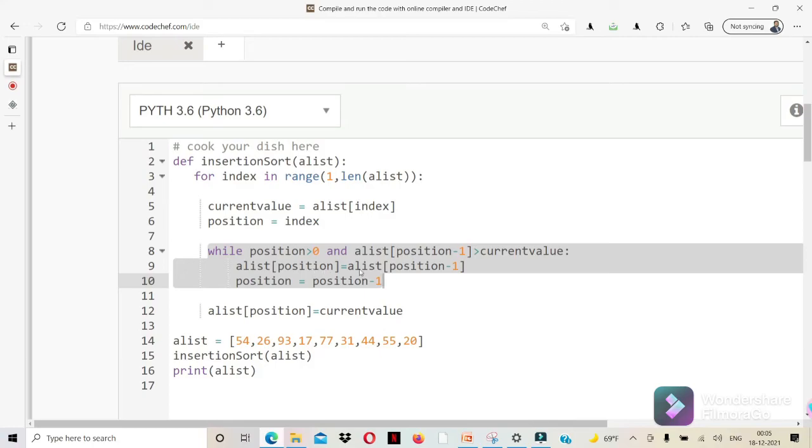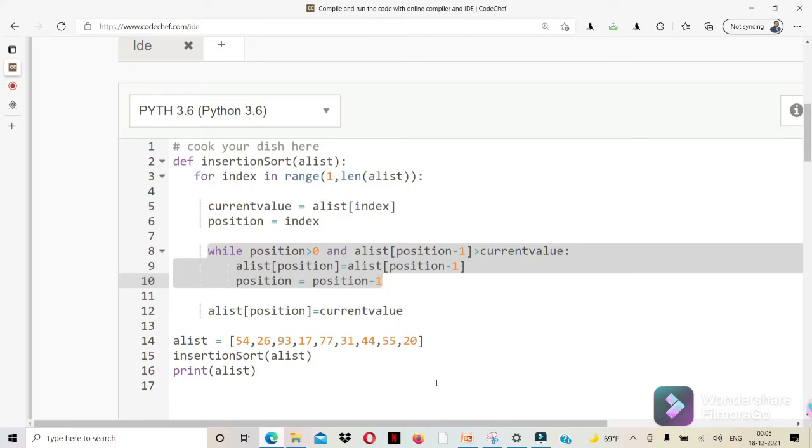So that is also shifted one step right, and now position equals position minus 1, so here it is 0. When you go to another iteration, the while loop condition fails. So at position 0, list of 0, the first position is assigned the key element. Like this the procedure goes until all the elements are in sorted order.